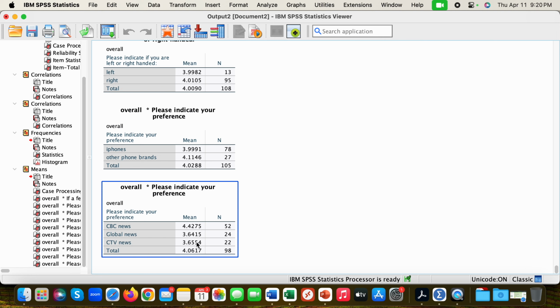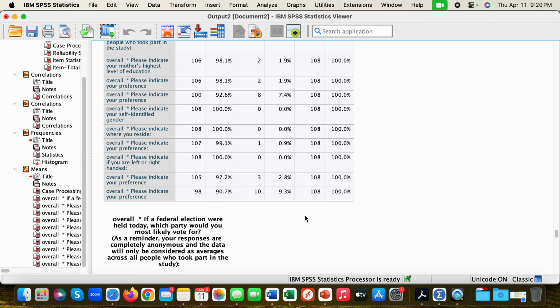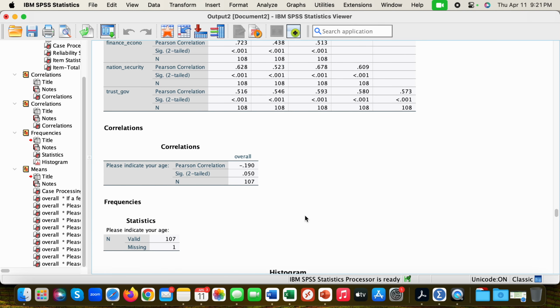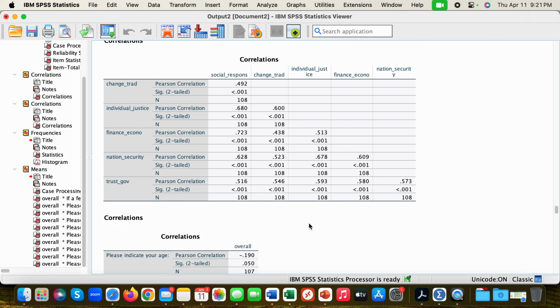And then lastly, CBC News. I did expect to see CBC News with the higher, more liberal audience, and then the other two to be lower. So yeah, that's the demo. We've gotten through all the evidence, and we looked at reliability, and it was just sort of an entry point into that analysis piece. But also really cool to see that the tool we developed, there's a lot of signs that it's measuring what we thought it was measuring,